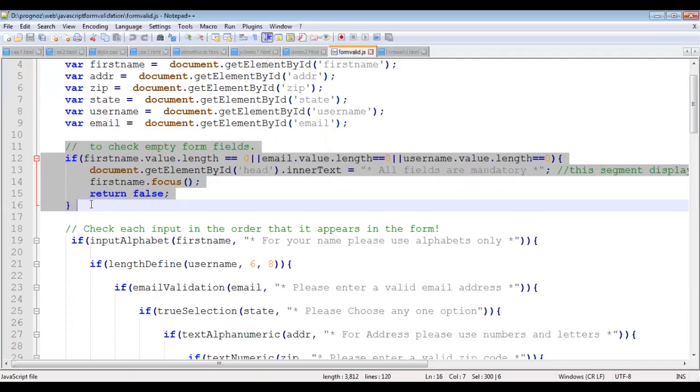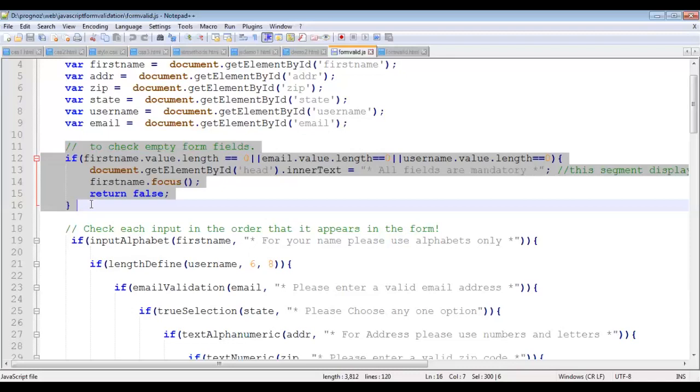For that purpose, we can check if the first name dot value dot length is exactly equal to 0, or email dot value dot length is exactly equal to 0, or username dot value dot length is exactly equal to 0.